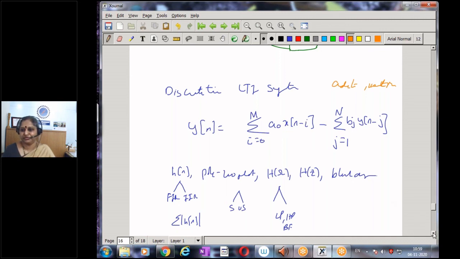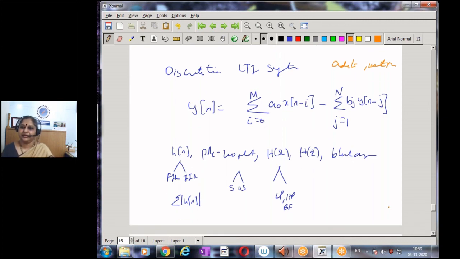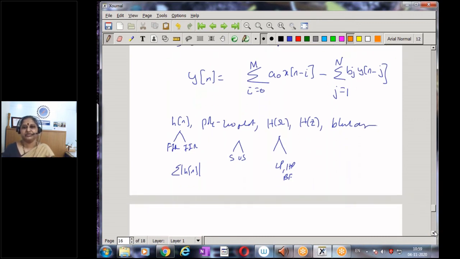So with this we stop today. Tomorrow what we shall do is we shall take an actual difference equation with numbers and try to see the system properties. We'll just take a numerical example, with stable or unstable, low pass or high pass filters, and have a quick review of all that we have seen today by using a suitable example.